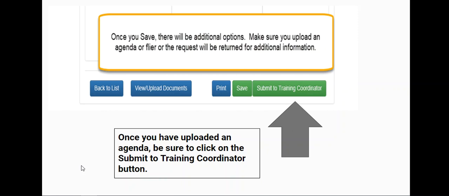Once the request has been submitted, it will be reviewed for relevance and appropriate content. It can either be approved, rejected, or sent back for additional information. You will receive auto-generated emails when an action is taken by the training specialist. If the request is sent back for additional information, you will receive a separate email with a specific request. If approved, the training is assigned an approval code that is used in the tracking form.